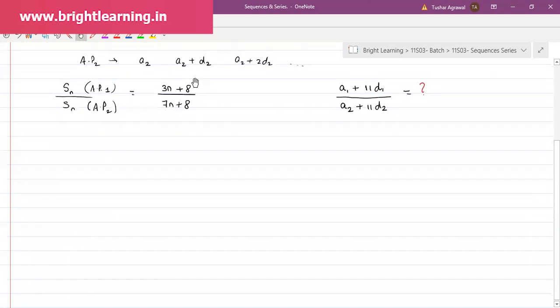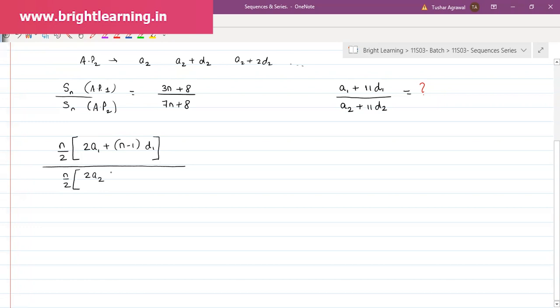So here I will just concentrate. Let's see, the sum of n terms. Can I write this as n upon 2 times 2A1 plus n minus 1 into D1, this complete thing divided by n upon 2 times 2A2 plus n minus 1 times D2, and this is equal to 3n plus 8 upon 7n plus 8. Simple simplification is there. The n upon 2 will get cancelled out. Okay. Now